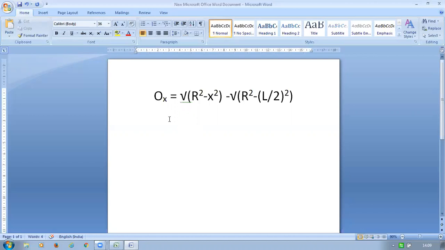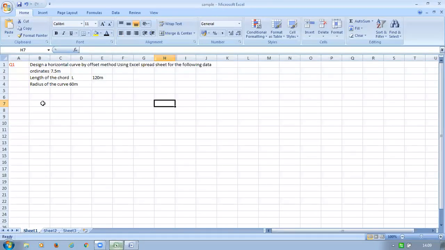So the first table, you go back to the Excel sheet here. The first column will be serial number. I'll write serial number here. Next is chord length.